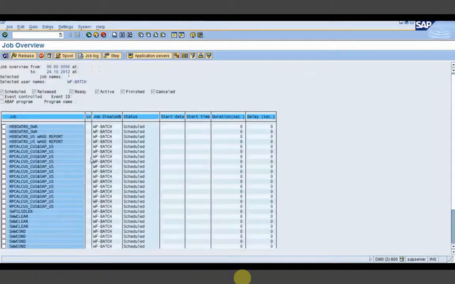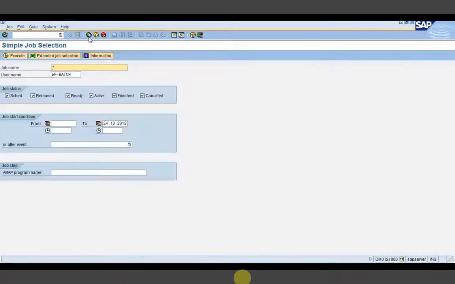I will do the rest of the scheduling, like deadline, condition, and event queue. This particular scheduling of these jobs is done by basis people. We don't schedule it manually, rather it is done by basis people. So they schedule it, and in this test server it is already scheduled. I have tried to make it one second, even I was searching for that particular job, but I couldn't make it one second because I was not having all the authorizations.